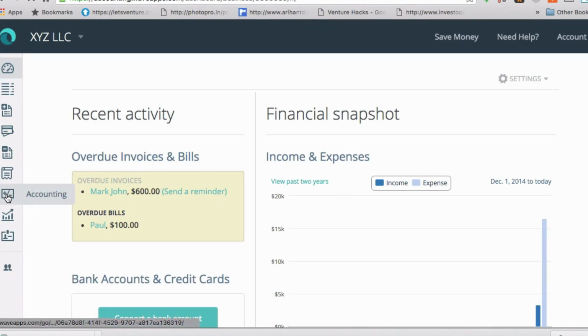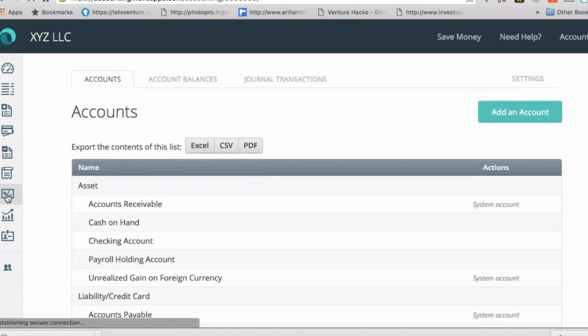So if you click on accounting, here you will get an option to add an account. I'm going to show you accounts in assets, liabilities, income and expense. Four accounts, how to create in liability, asset, income and expense. So once you click on add an account,